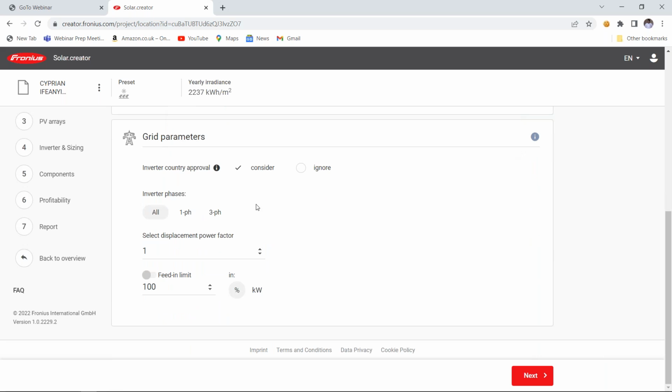So for grid parameters, it is very, very important, especially for regions or countries where you're allowed to feed into the grid, to consider inverter country approval. And this is usually obtainable from the grid operators. So you can either consider or ignore, but for regions or countries where you're allowed to feed into the grid, it is recommended that you select this. And then continuing,